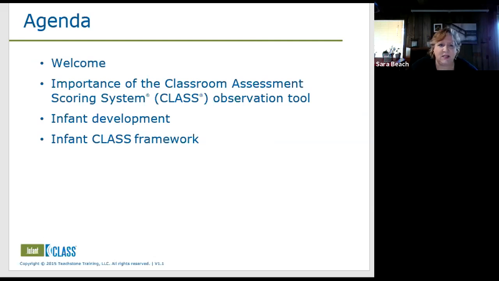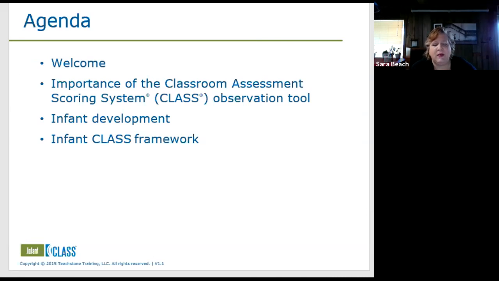Am I doing that consistently? Whatever the behavior is that's being measured by the tool, we want to encourage that reflective process in teachers so that they can ask themselves those key questions about the different behaviors in the tool. So we're going to look at all the different, quote unquote, dimensions of this tool.